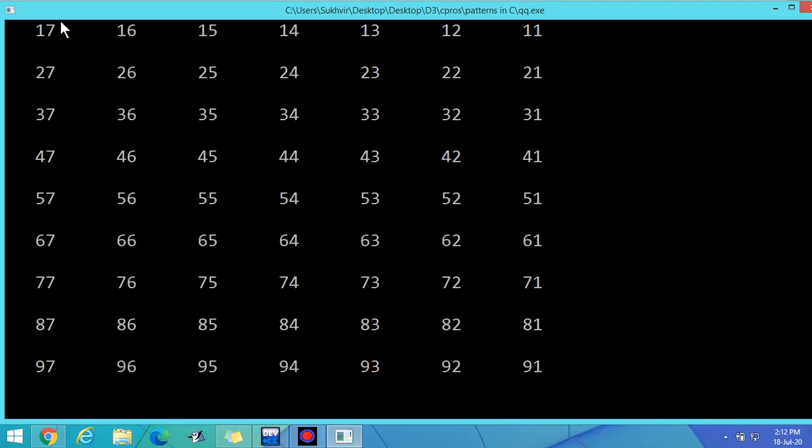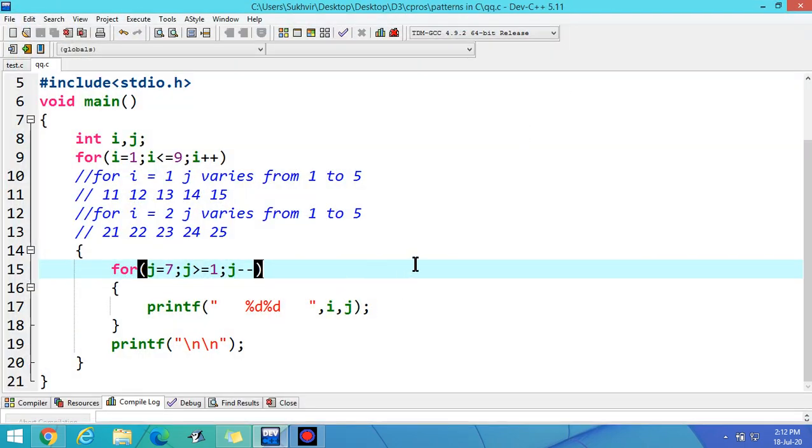Now the first value is 1 7, then 1 6, 1 5, 1 4, 1 3, 1 2, and 1 1. Why are the values like this? Because in the first line the value of i is equal to 1 and the value of j varies from 7 to 1. Then in the second line the value of i is equal to 2 and j varies from 7 to 1.